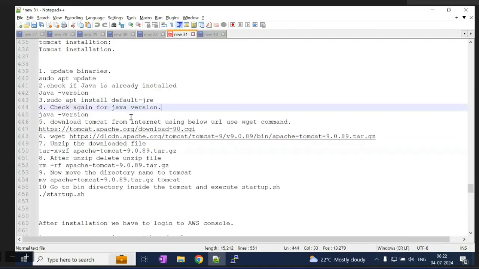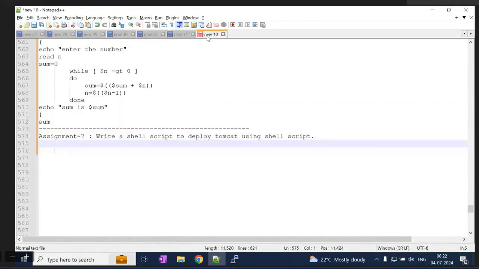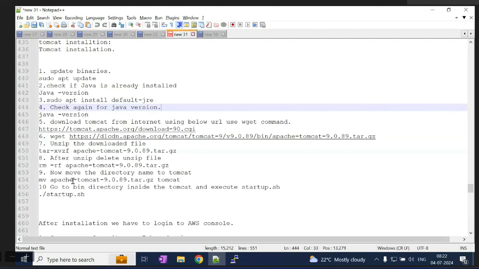It's very simple, and everything is mentioned. You have to put that in a script in the right format and just execute it. This is one of the automation ideas. Try this. You almost know everything. The only thing is you need to place it in the right order and execute it. Clear?